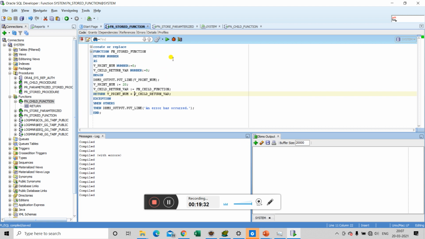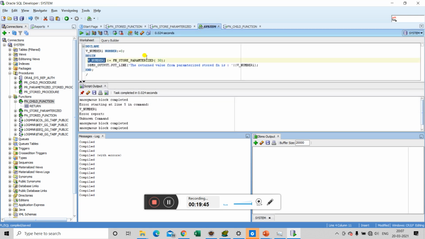Okay, and now we will be calling our stored function that will again call the child function, and the return value will be added to the print num, and it will be returned to our calling environment. Let's try it with the anonymous block only.